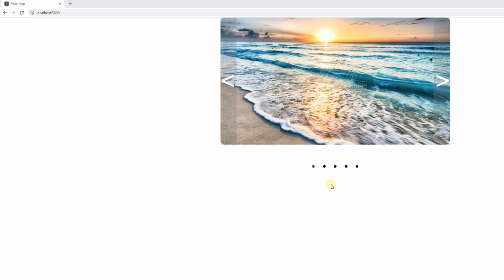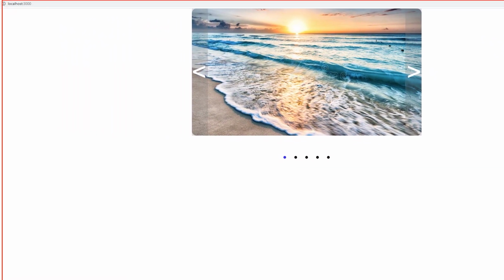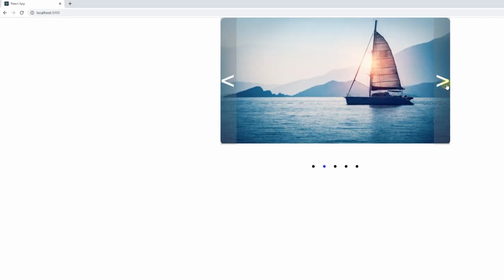Hello everyone. Today we're going to be building this React slider over here, this component. Now, it is actually in the middle if I can show you like this, but as you can tell, I have problems with my screen recording, so you're just going to see it a bit to the right. So sorry for that. Now, the slider is going to have these two buttons that we're going to be switching,